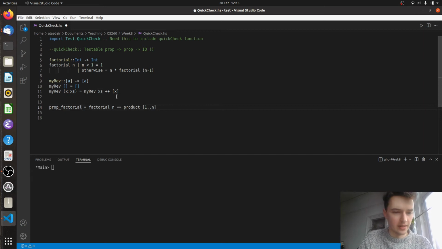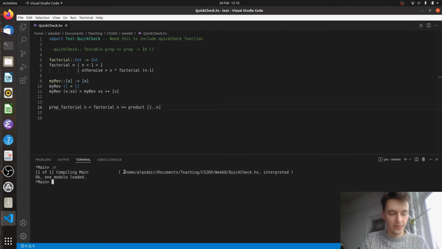I think I'm looking ahead to the next one without realizing where I am. So this is a condition that says if the factorial has been appropriately defined, it should be equivalent to this. You could replace that product 1 to n with foldr, the multiplication, the accumulator of 1, and then the list. Either way is fine. So now we can reload, and if we go into QuickCheck